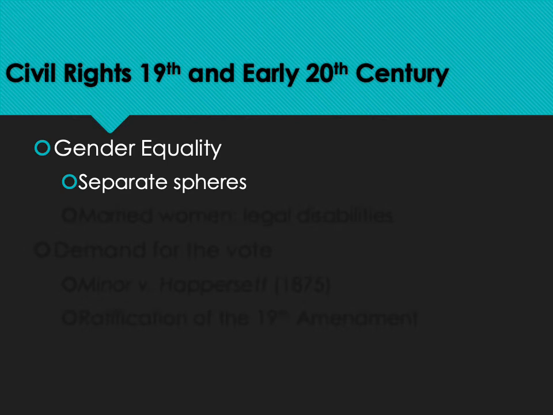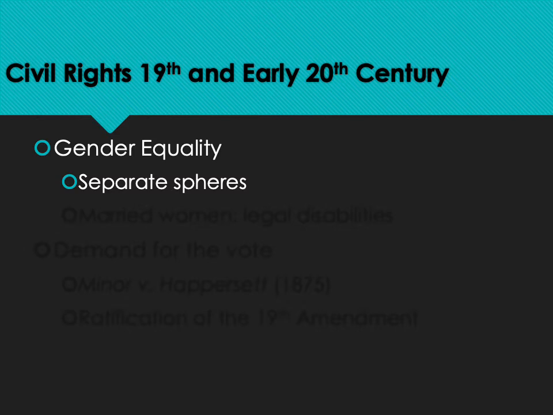And women and men were seen as sort of belonging in separate spheres. And this thinking about women and men being in separate spheres was really the viewpoint that dominated well into the middle of the 20th century. There was this idea that women needed to be protected, that they were the fairer sex, that they were also the more moral sex, right? That they were purer in many ways. And so there was a general assumption that women needed to be protected from the dirty world of public life.